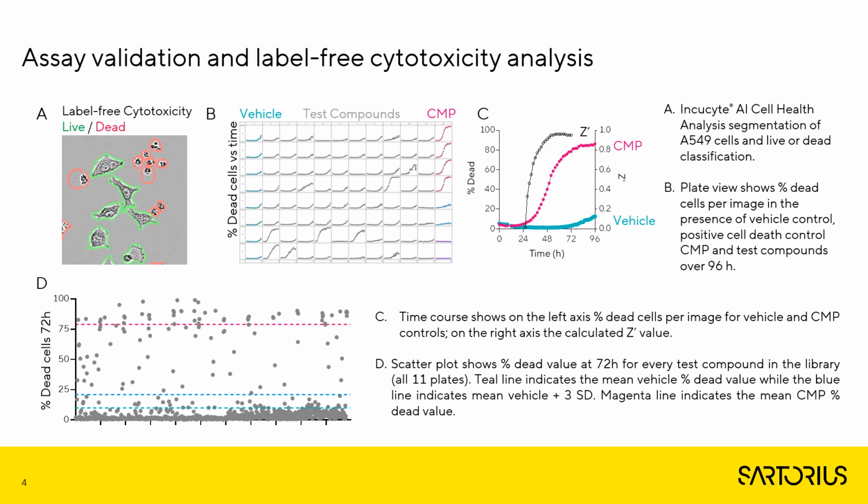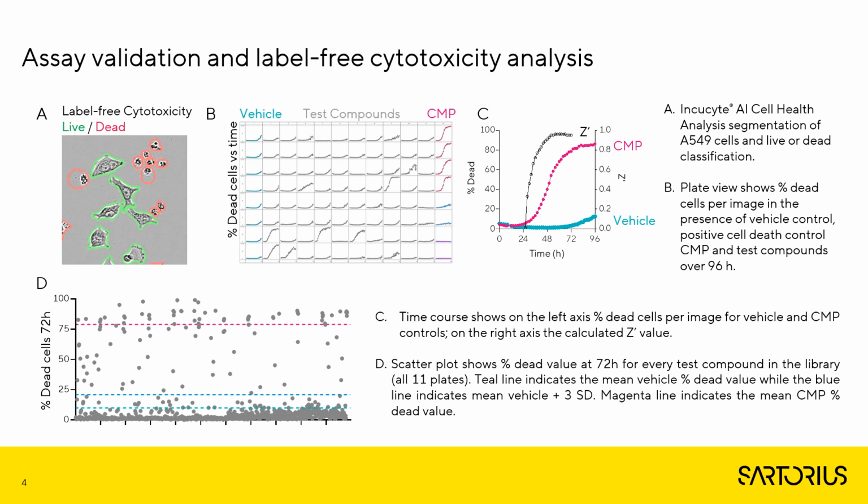So this classification is indicated by the color, and you can see an example of this in the image here. So we have live cells segmented in green and dead cells segmented in red. If we look at this microplate view, this shows the kinetic data for the 96 well plates, including the control compounds. And we use this to visualize the kinetic data for the 80 different test compounds and examining this percentage of cell death over the assay time course.